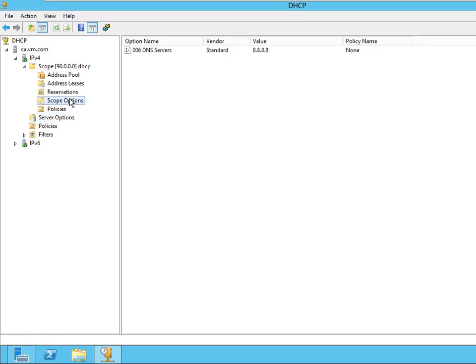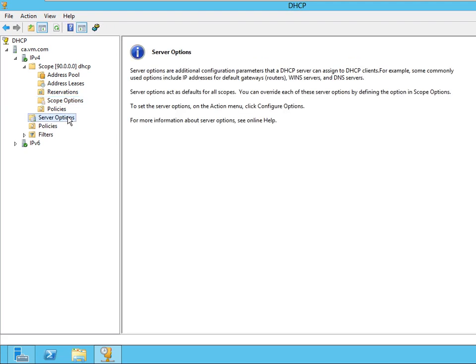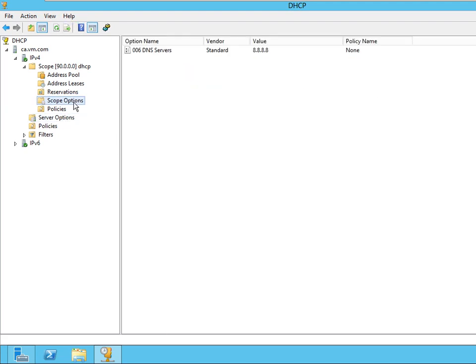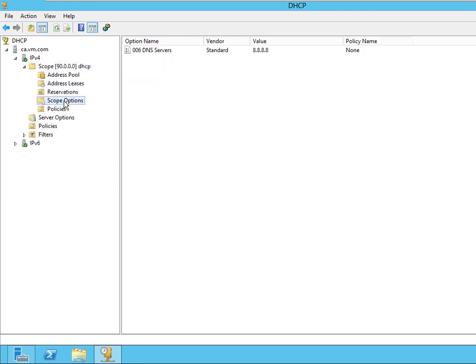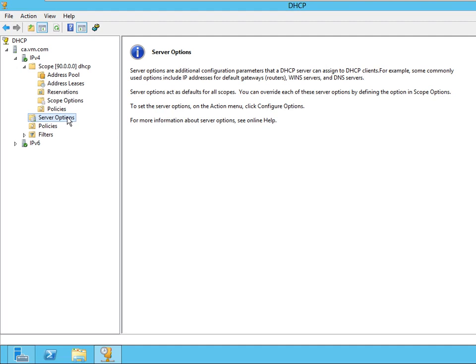In this case, what is the difference between scope option and server option? Scope option is applicable only for the DNS address or any kind of configuration only for this particular scope. Now, if I am going to create one more scope in the range of 100, this DNS address is not applicable for 100 when I configure for scope option. But if I am going to configure the DNS address for server option like 8.8.8.8 here, then this will be applicable for all scopes available in DHCP server.